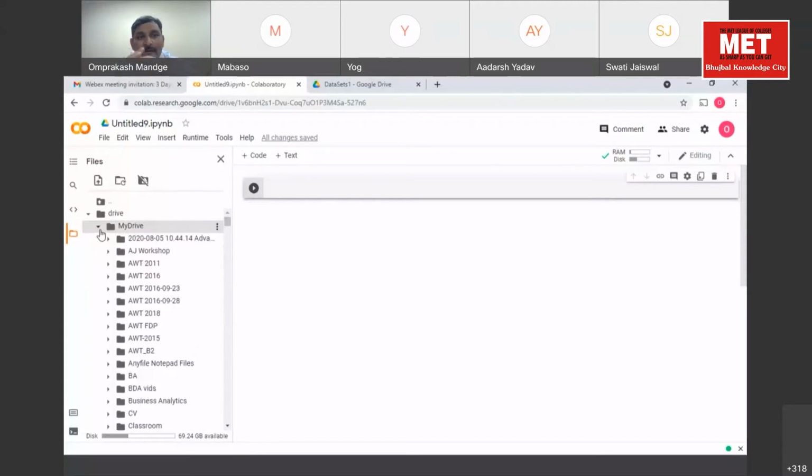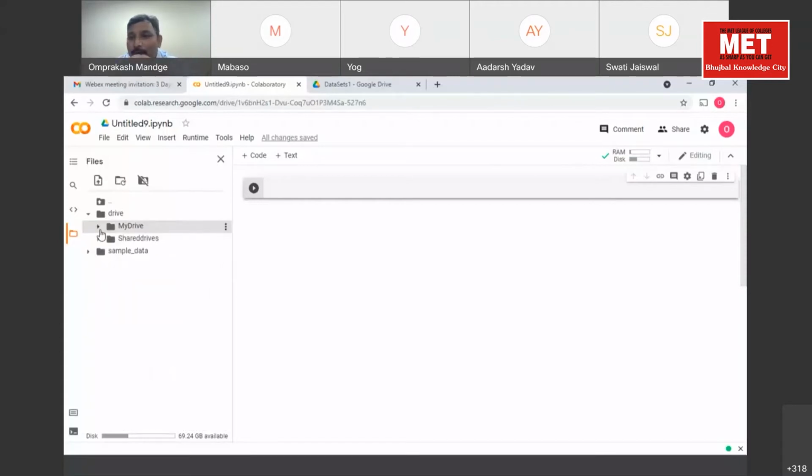So now, what is data science? Someone was talking about data science. Data science is a field of study which combines expertise from both domain knowledge as well as programming to extract information from data that can be structured or unstructured. Okay, nice definition. May I know your name? Adarsh Yadav.